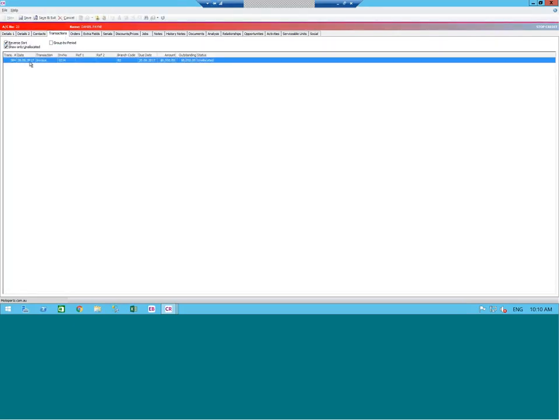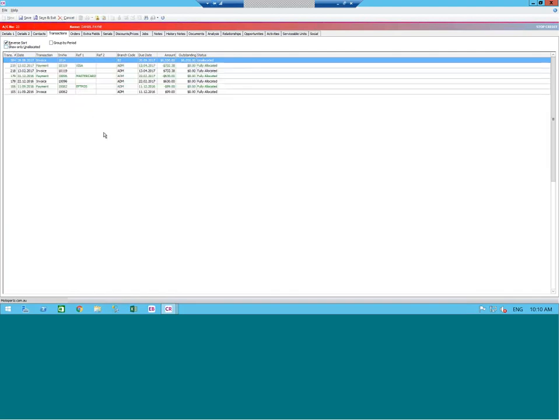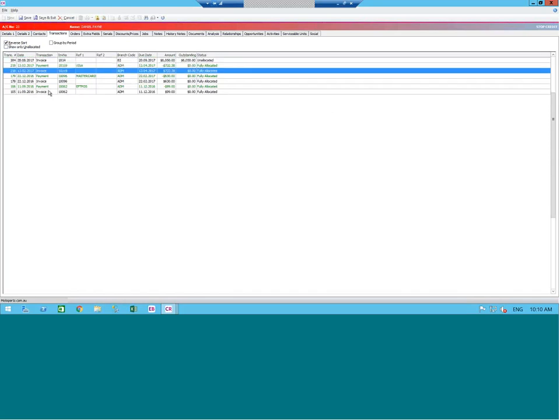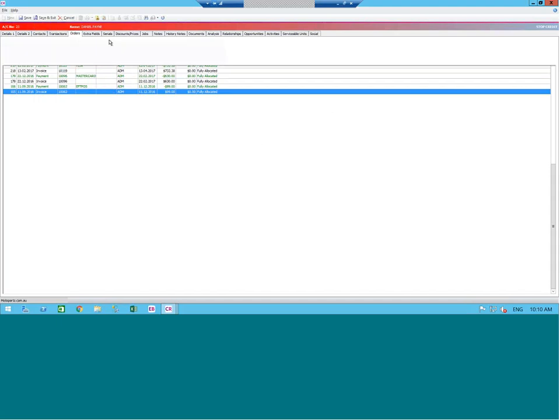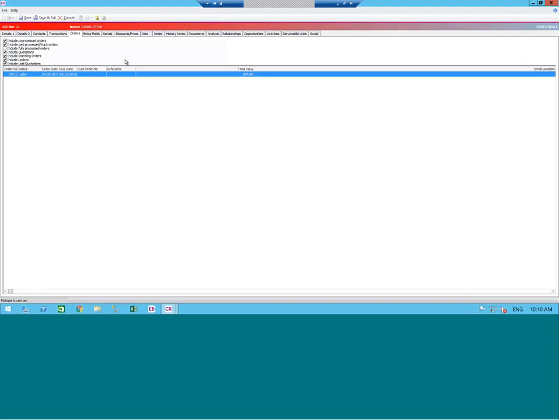The person can see all the transactional history for any customer that they're inquiring on. So if it's obviously a debtor, they can look at previous invoices, look at a copy of it, print it, send a copy of it to the customer. Same with orders. These are all exactly the same tabs that I'd be seeing if I was accessing this data from Exo Business. So I can look at current and previous orders that might have been processed for that